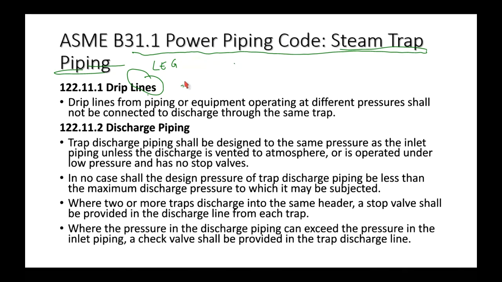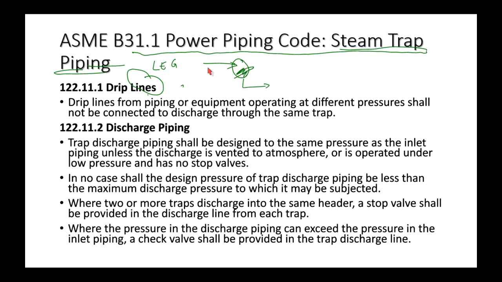So the first one here says under paragraph 122.11.1 that drip lines from equipment that operate at different pressures shall not be connected to discharge through the same trap. And I think that my previous example demonstrated that pretty well. And 122.11.2 is about discharge piping itself, because here's a trap and we've got a drip leg going into the trap,